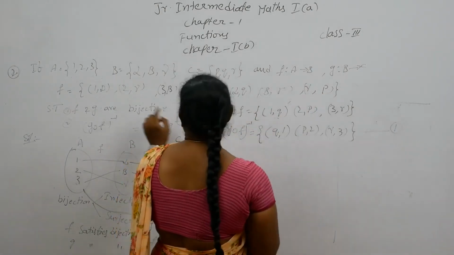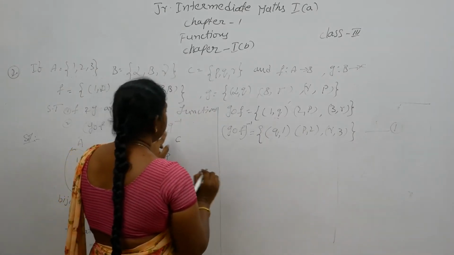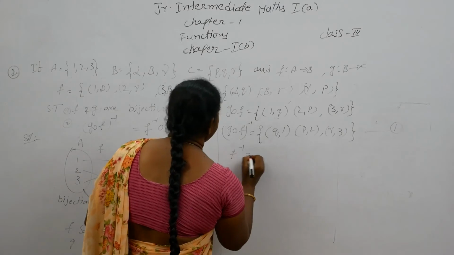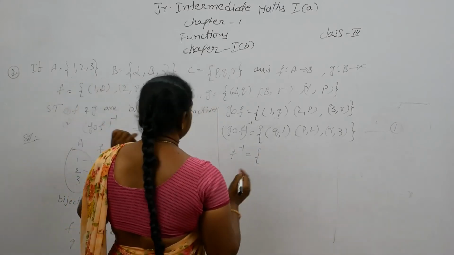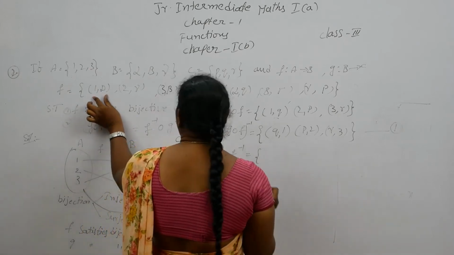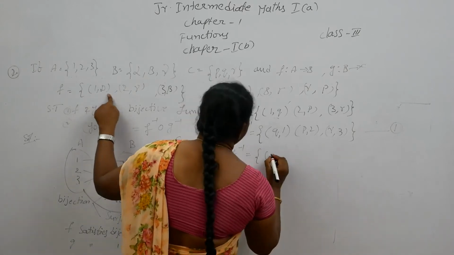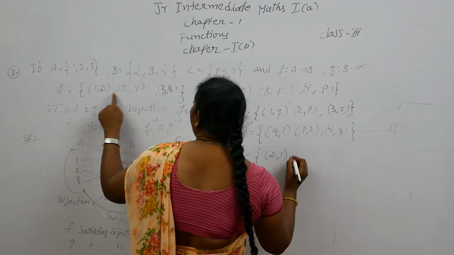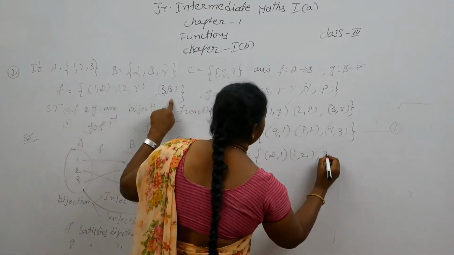So here and again we have to find f inverse of g inverse. First we have to find f inverse. ఇక్కడ ఈ రెండు వాల్యూస్ చేంజ్ అవుతాయి, డొమైన్ కోడొమైన్ చేంజ్ అవుతుంది. సో హియర్ 1 comma alpha becomes alpha comma 1 and gamma comma 2 and beta comma 3